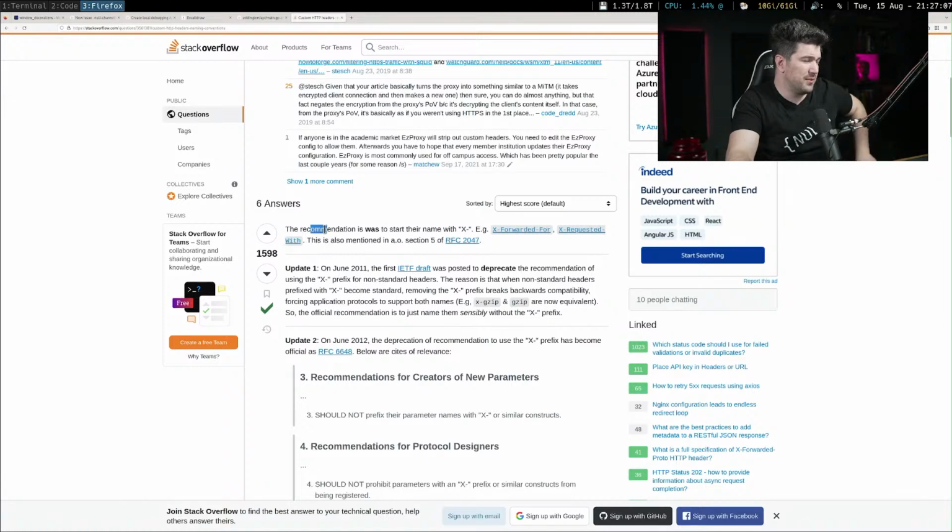All right, the recommendation was to start the names with X: X-Forwarded-For, X-Requested-With. Okay, that's what I thought it was. In June 2012, the recommendation was deprecated. I've always been using X, and this was a long time ago, before I was a software engineer. Ooh, I've been doing it wrong.